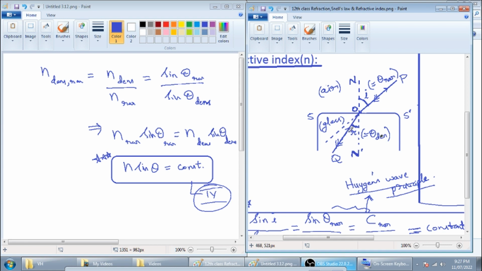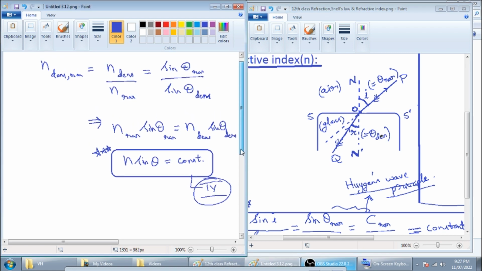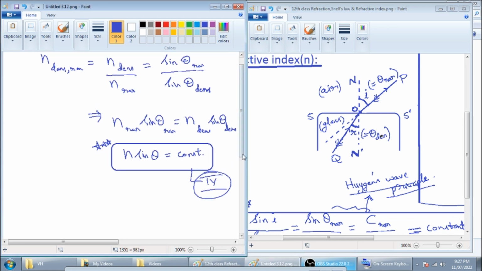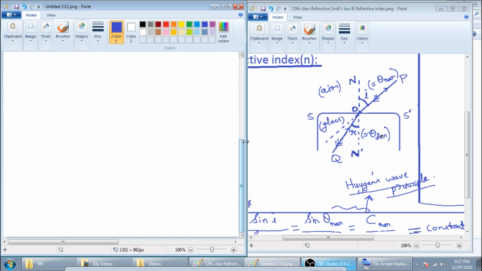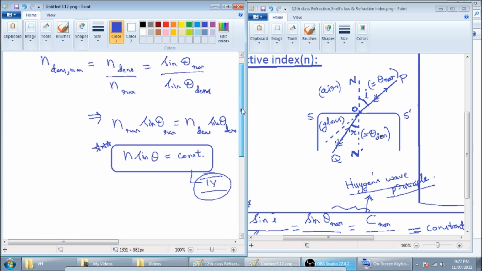So what is important in the exam, only that I'll give in the running notes. So these are the 4 equations related to Snell's law of refraction, and after the 4th equation we got a very important principle, called the principle of reversibility of light also. I'm just mentioning it as a side heading. So, principle of reversibility of light. That's the consequence of the final form of Snell's law of